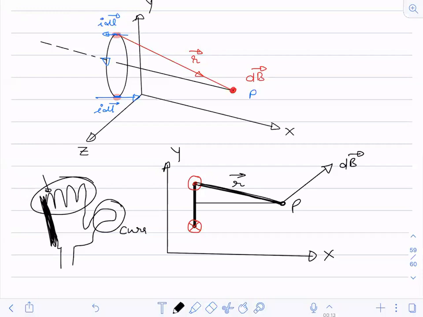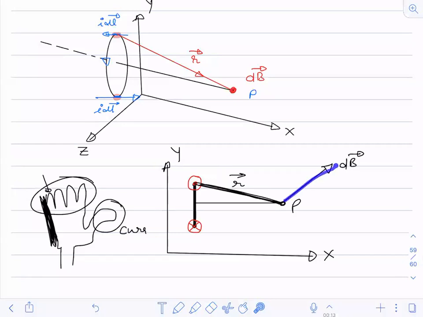Now, where is your thumb pointing? When you keep this portion of your palm over here, is the thumb pointing towards you? Yes. So the current direction is towards you and the fingers are pointing towards this palm. Now draw perpendicular to your palm. Just keep a pen or pencil on your palm. Is it in the direction that I have pointed over here?